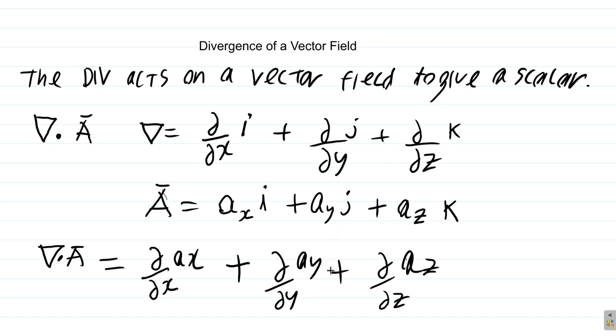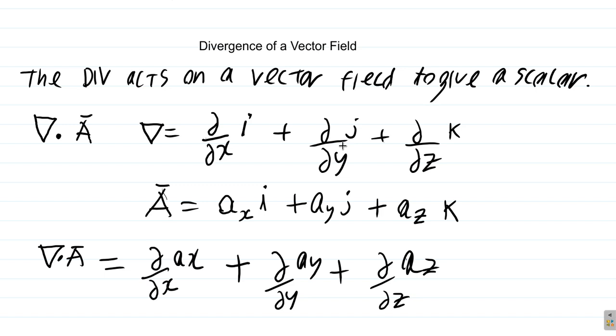Whatever Ay is, you differentiate with respect to y, and whatever Az is, you differentiate it with respect to z. So that's the formula for the divergence. It acts on a vector to produce a scalar, and it is the dot product